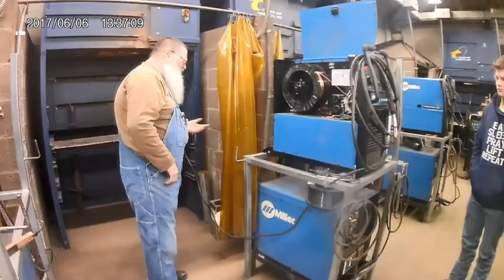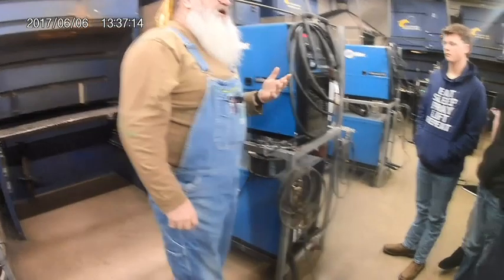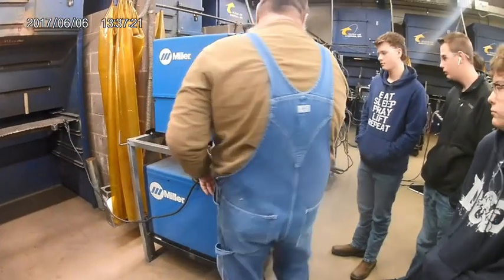One other thing about the booth, when you get done at the end of the day, if I tell you to clean up, now first and second period I will usually say don't worry about it, I'll take care of it. Or we'll let the afternoon class take care of it. But the proper way to roll up the MIG leads,